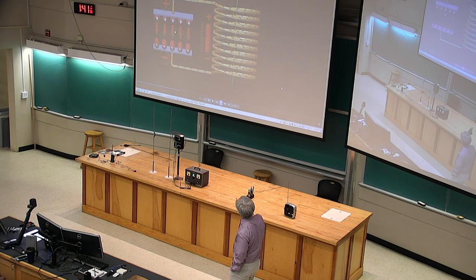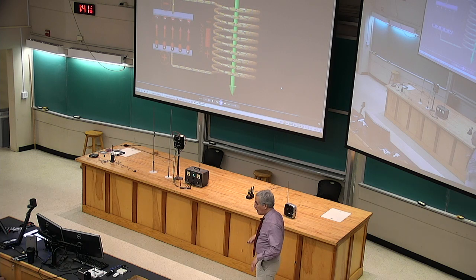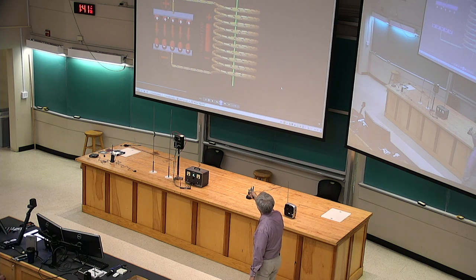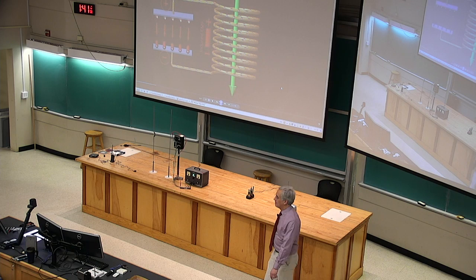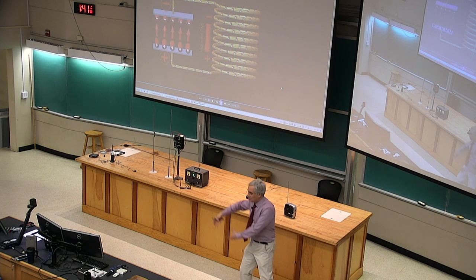Now here's all the energy in the capacitor. Now here's all the energy in the inductor. And back and forth. And the charge is sloshing. It's sloshing back and forth between the capacitor's top plate through the inductor to the capacitor's bottom plate. And back. And the fact that the slosh works has to do with the magnetic fields, the electric fields. They all work together to shove the charge back and forth.